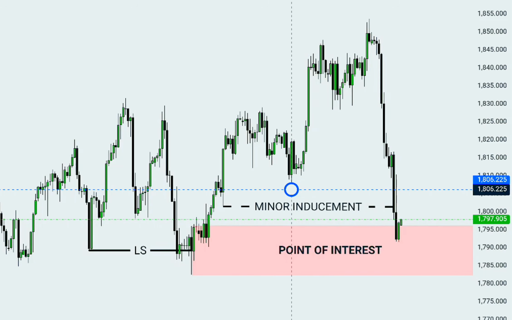Now let us focus on the major inducement that forms before the decisive move in the market. Major inducement occurs when price creates a more convincing structure that suggests a clear continuation in one direction. This phase is designed to attract a larger group of traders into positions that align with the false narrative being presented. On the chart, price holds above key levels and moves in a controlled manner, giving confidence to participants that